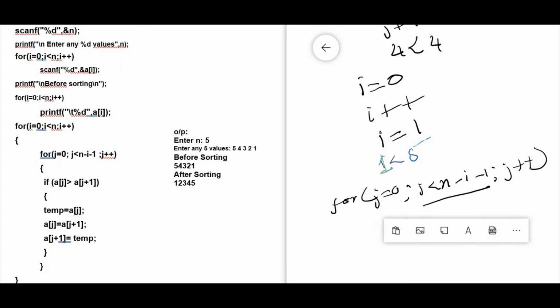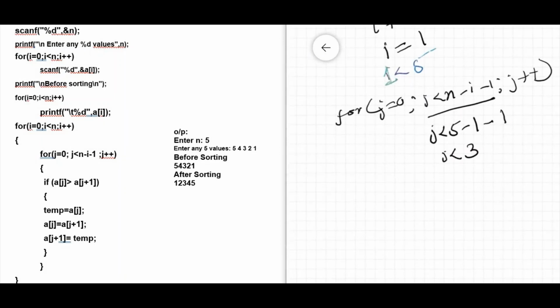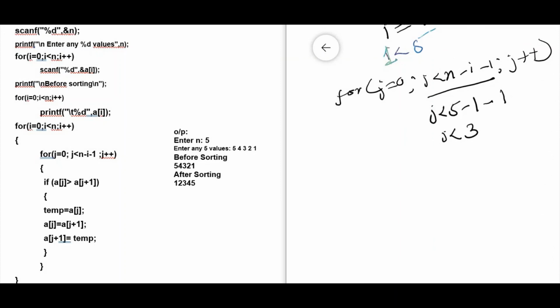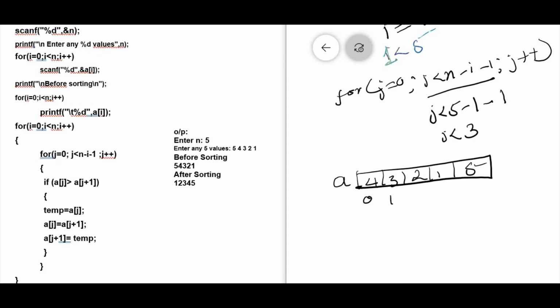Now let's see what will be the value of this. j less than 5 minus i, where i is now 1, minus 1, which is nothing but it will check up to j less than 3. Right. Now our array was containing 4, 3, 2, 1 and 5, so 0, 1, 2, 3, 4.